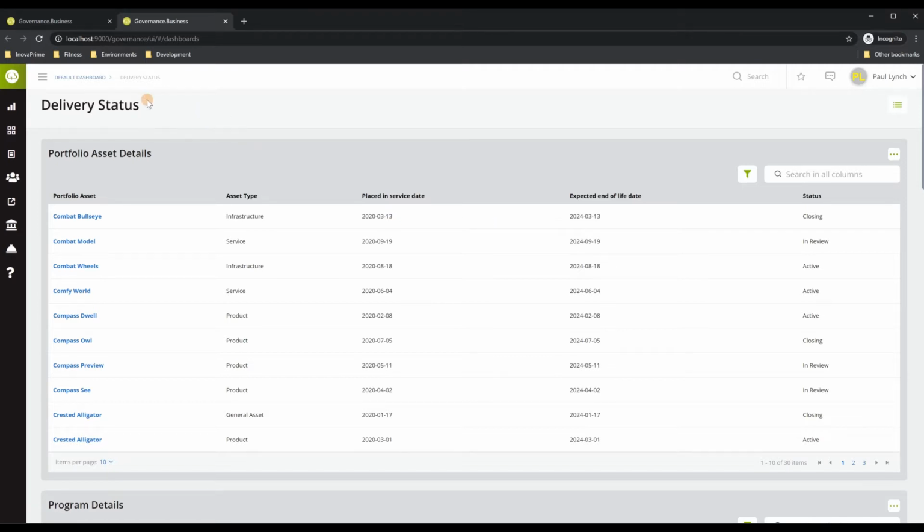So starting out, let's see how you really create a page in Governance.Business. You can create a page by navigating into a current dashboard page. And from this dashboard page, you can create a new page from a template, so use a pre-existing template that you have access to and create it based on that template, which brings all the portlets and views